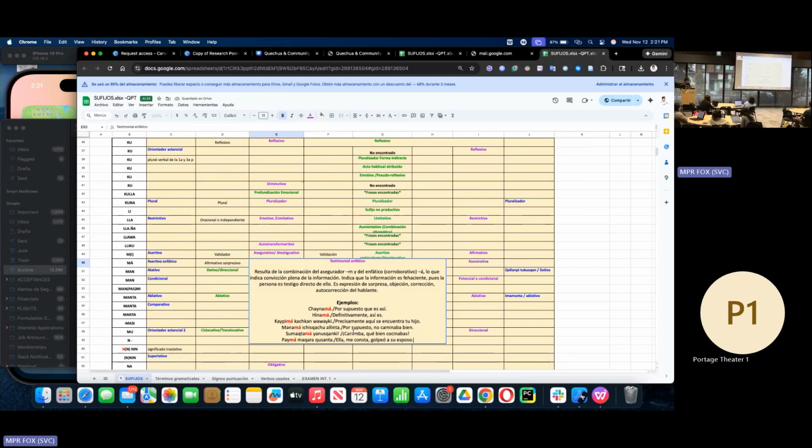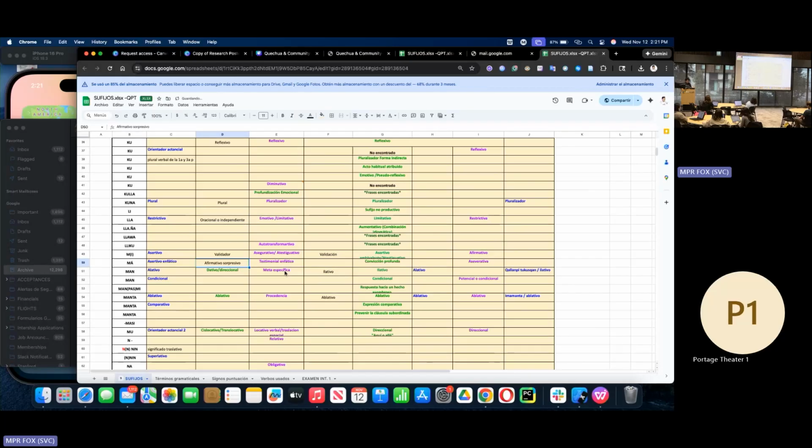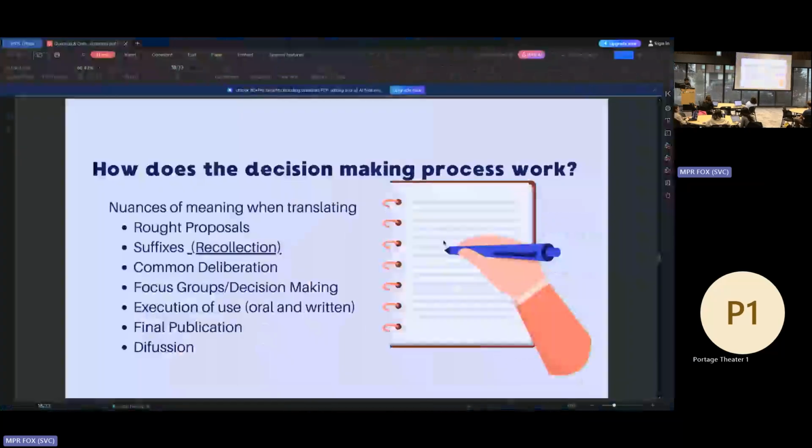For instance, in these specific concepts for specific short words, it could mean of course or surely. So for us, it was very important not only to understand what specific suffixes we could use to create new neologisms, but at the same time compare the work that has been already done by professionals that have studied Quechua for a lot of time.